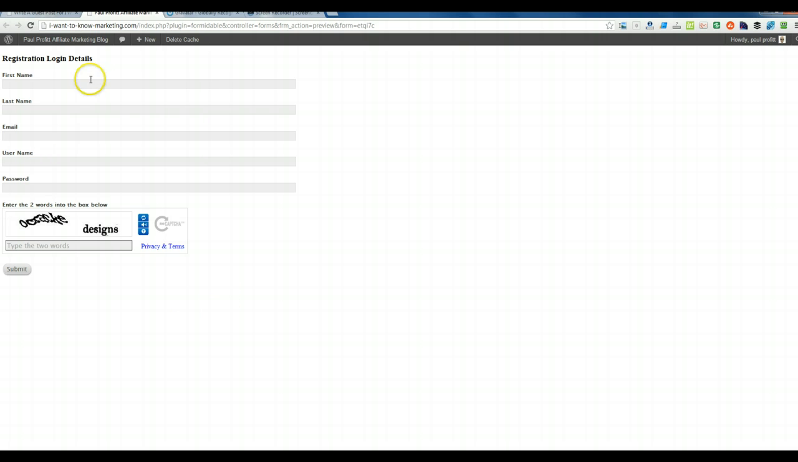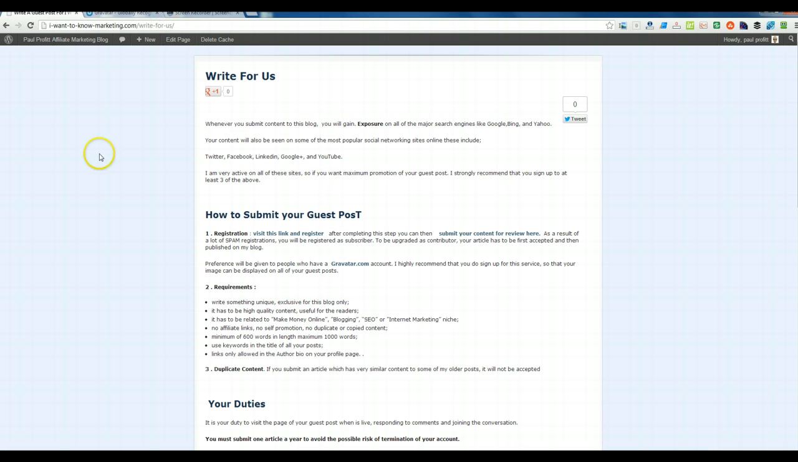That's the registration page. So you put in your first name, last name, email, user, password, and then the annoying captcha. Sorry for that, but it's just one of those things you have to do to stop spam. And then once you've done that, you are good to go. You then can